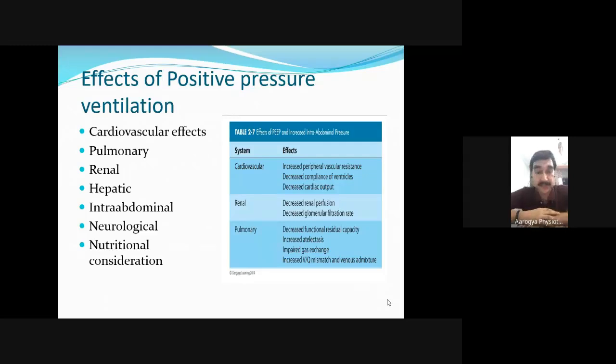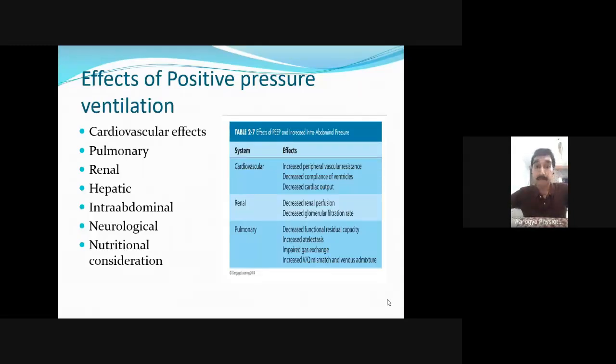Then comes the renal system. Almost 25% of the cardiac output goes to the renal system. And so it is important that the renal system should be checked every day, time and again, because a reduction in cardiac output causes a reduced filtration rate, GFR reduces, and oliguria can happen. The kidney tries to retain the fluid and edema can occur. So you need to check the renal system as well as the hepatic system.